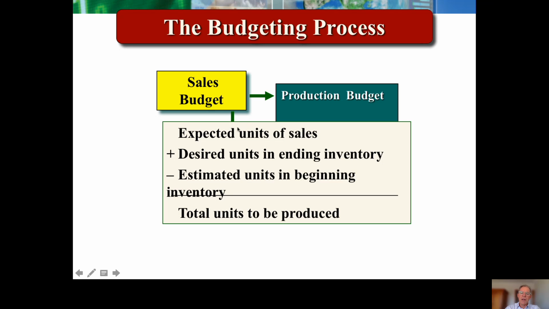If you think about what you've been doing when you've been doing your revenue accounts, you say opening stock, add purchases or units produced, minus closing stock equals your sales. So this is just the reverse of that equation, saying, look, what are my expected sales units? What would I plus? What would my desired units of ending stock in finished goods be? What would I like that to be? Minus estimated finished goods stock at the beginning must give me the units that I need to produce, and that will transfer into the production budget.